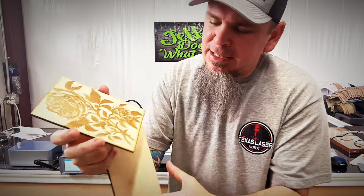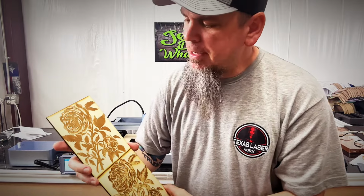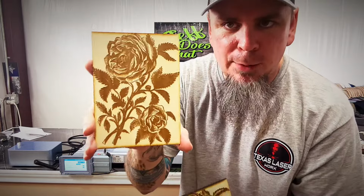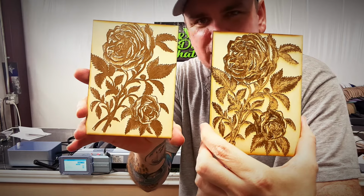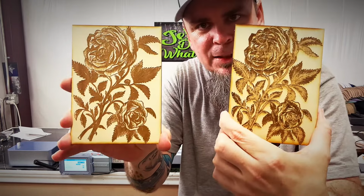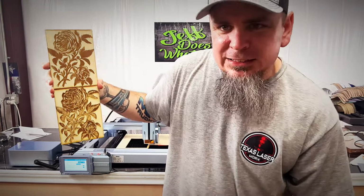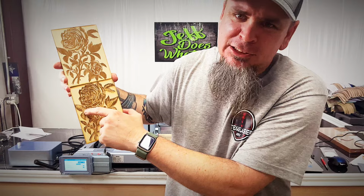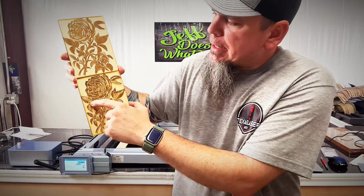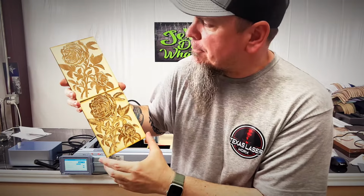We did lose some of the detail on both of them. It's me not having my settings exactly toned right, but the detail is there. It might not all show up on camera, but as you see, totally different results between the 48 watt and the 24 watts on the laser. Either one of these, like I said, I'm happy with the outcome. I do wish I probably turned the speed down on this to maybe 70. And I think it would have a real nice effect to it instead of running it at that 80. But